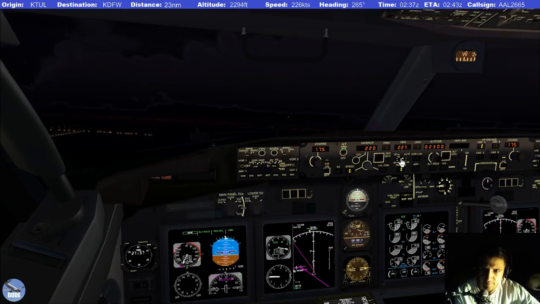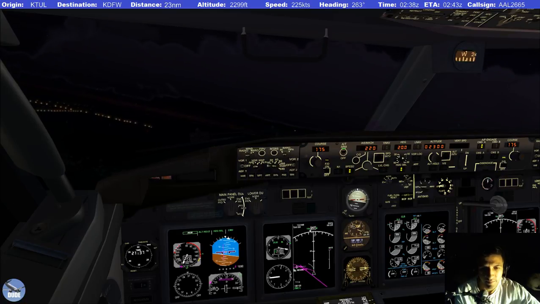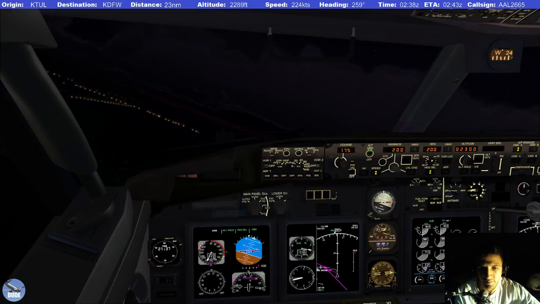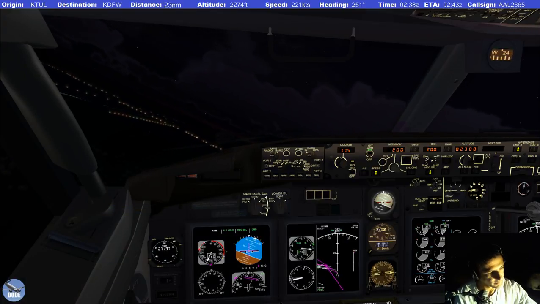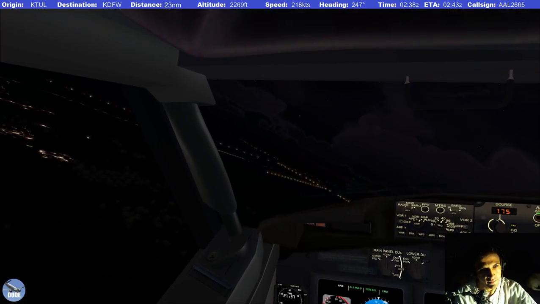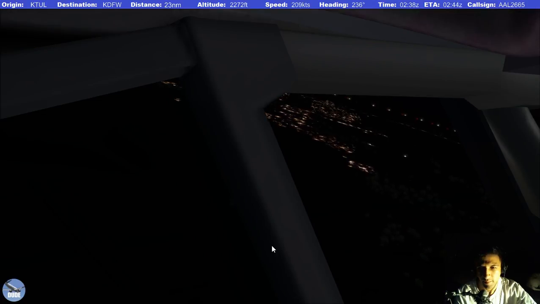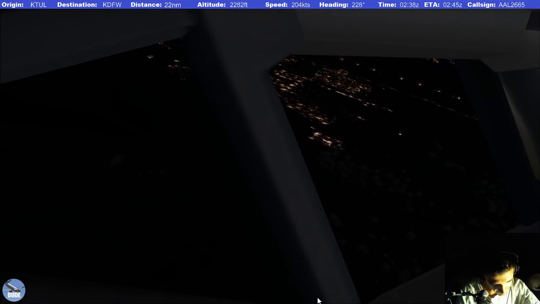Climb and maintain 2,300. Approach ILS, runway 17 left, maintain 2,300 until established on the localizer. Contact PMDG tower on 127.5. Turn left heading 200. Climb and maintain 2,300. Cleared ILS. Runway 17 left. Approach. Maintain 2,300 until established. Tower on